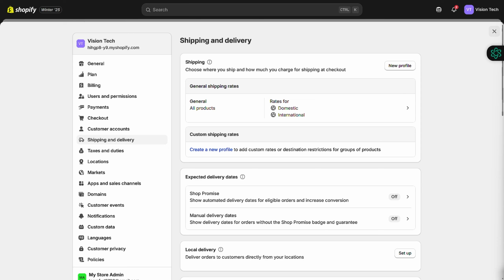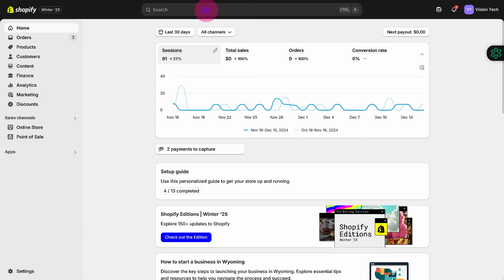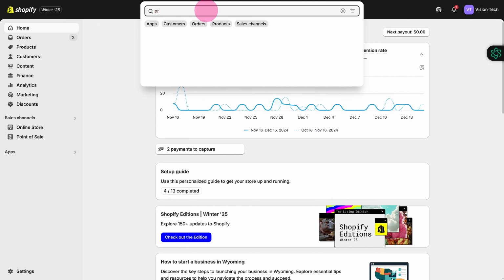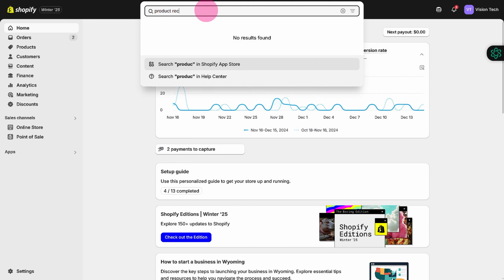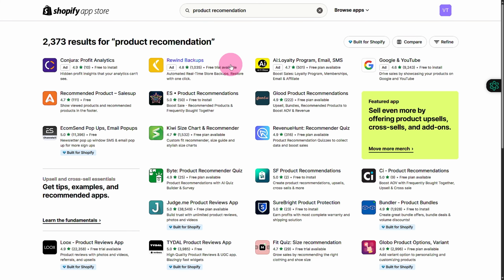So for this you can use some integrations, so I'm going to be telling you about that. You can see in here, search in here for product recommendation. And once you do, you are gonna be jumping onto Shopify App Store. There you can see we will have different types of product recommendation integrations. So I'm gonna be suggesting something with a good review. So let's just say this one,